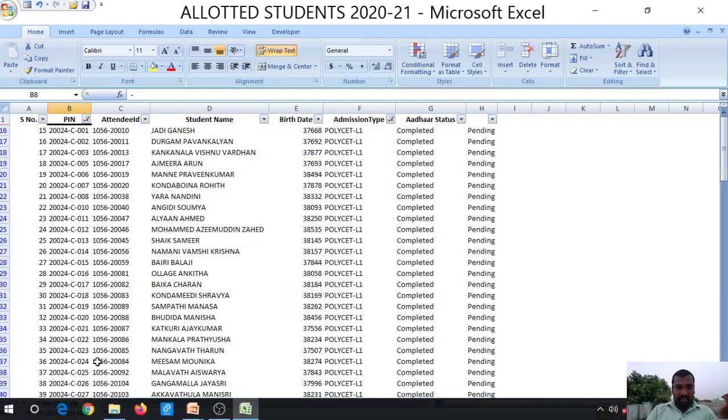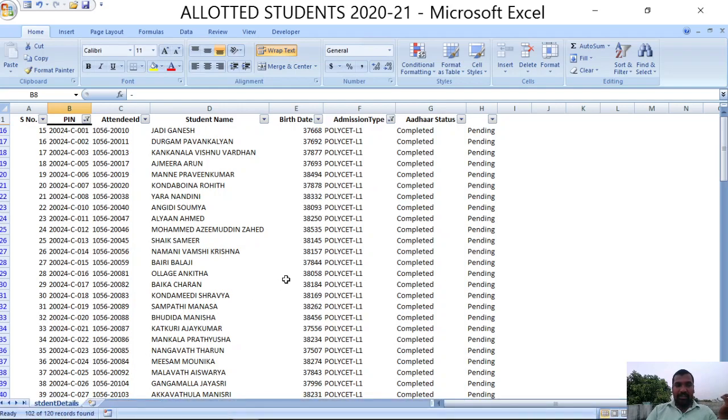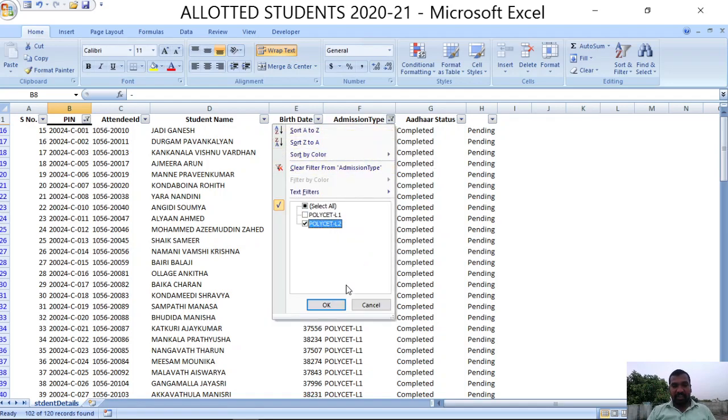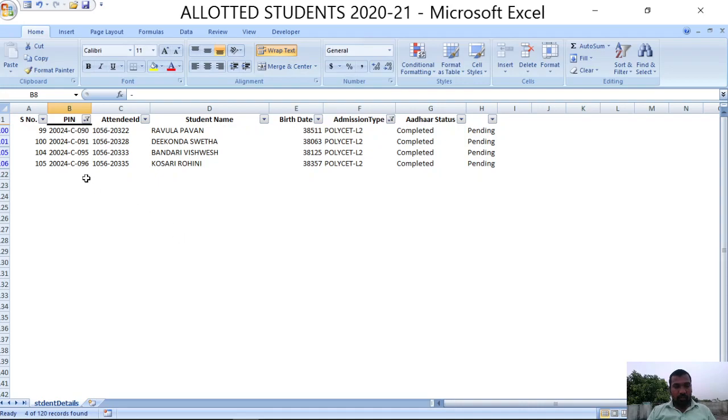So out of 120, 102 students are in policy L1, first counseling. If I choose L2, only 4 records out of 120 are in level 2, the second phase of admission.